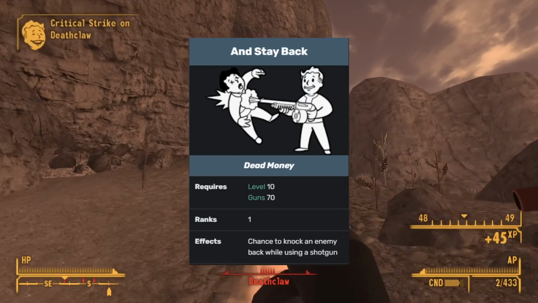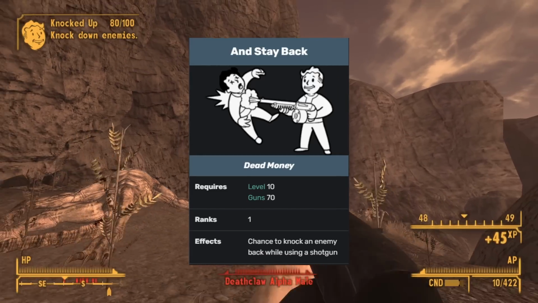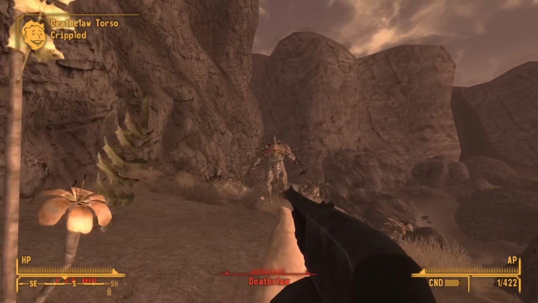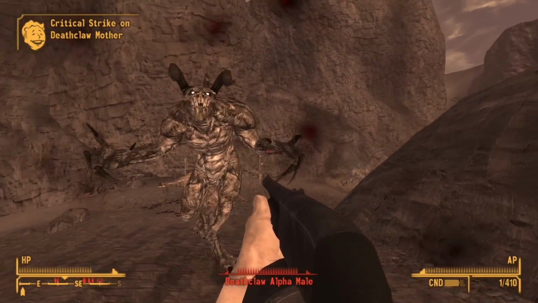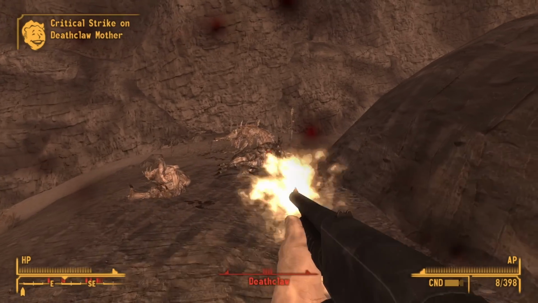At the runner-up spot I have And Stay Back, which also requires the Dead Money add-on, and this perk gives you a chance to knock down opponents whenever you're using a shotgun. Now in terms of overall strength, I think this is probably one of the strongest perks in the game, if not the strongest. The reason why I don't have it at number 1 is because it's kind of cheesy, because